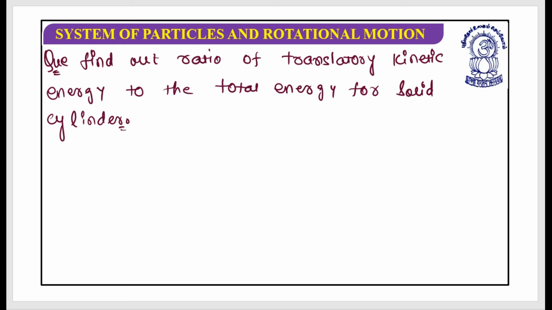So what do you want? You want the ratio of the translatory kinetic energy to the total energy for the solid cylinder. So what I'm supposed to do is, I understood the